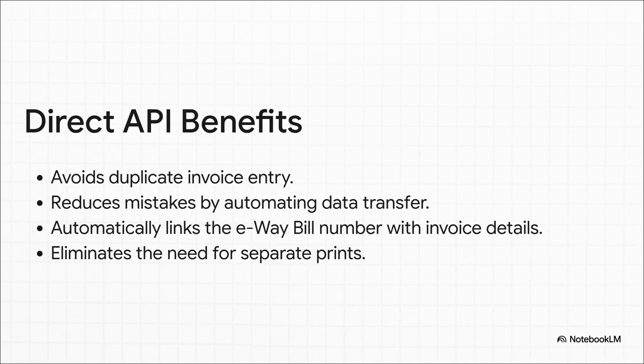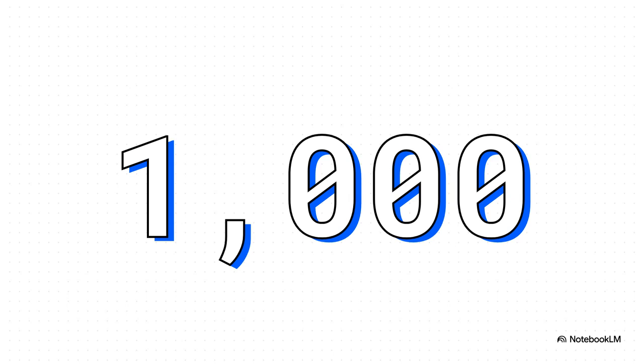When your system generates an e-way bill, that number automatically gets saved right next to the invoice details in your own system. The one invoice printout has everything you need. It's a game changer. But, and this is a really big but, this kind of power comes with a very